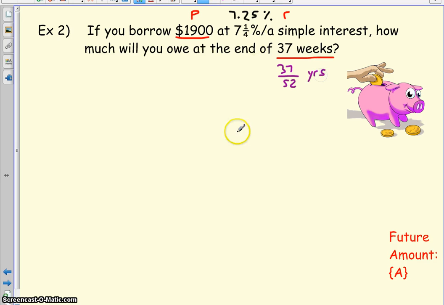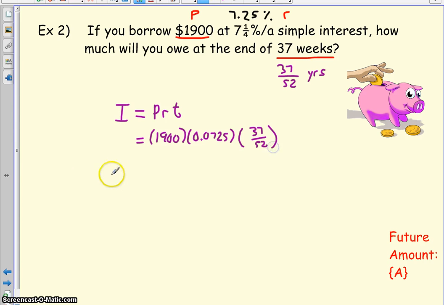Okay, and with that in mind, we have everything we need to figure out how much interest we've had to pay on top of what we borrowed. So our interest is going to be, again, our principal times our rate times our time. Our principal is going to be $1,900. Our rate as a decimal is going to be 0.0725. Do not forget to convert that percentage to a decimal. And our time is going to be 37 over 52. Okay, so we can run all that through our calculator, and we will get, to 2 decimal places,